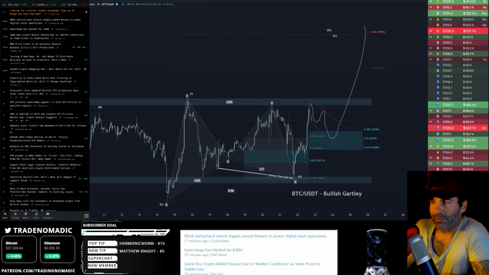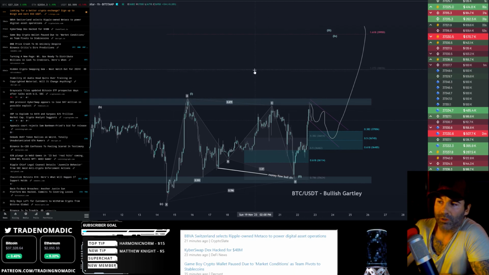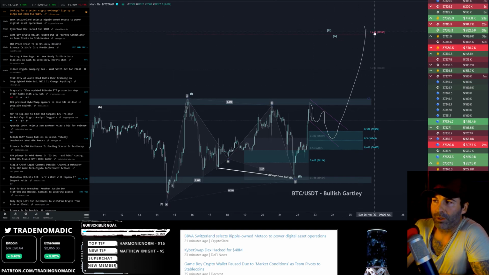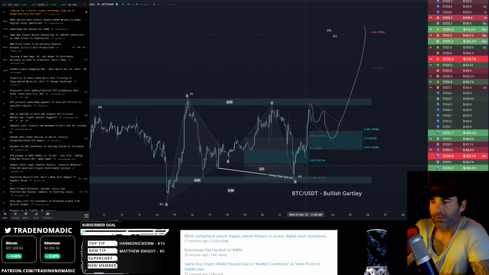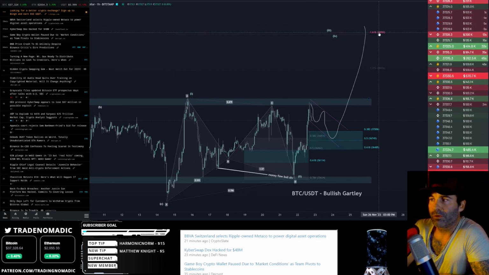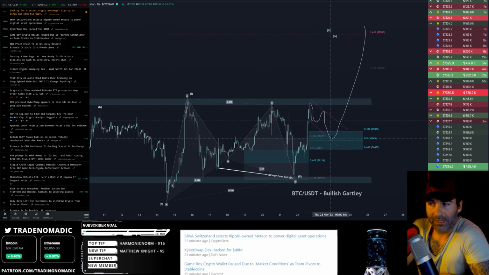Now, if this was a new impulsive wave forming, this is what it would look like. You would have a new high here locally above your corrective retracement, and you would expect a 1618 extension afterwards. Now, that doesn't mean this is going to go straight to presumably 40,000. I've got this idea maybe we get some sort of flagged bullish consolidation down into retracement levels.